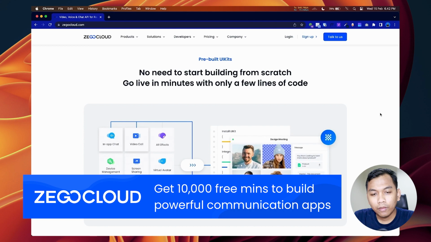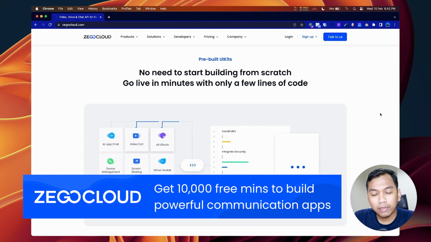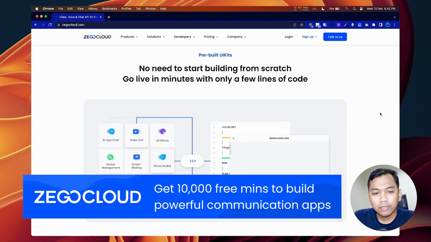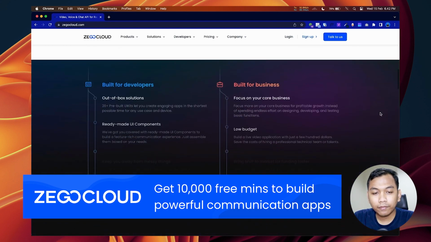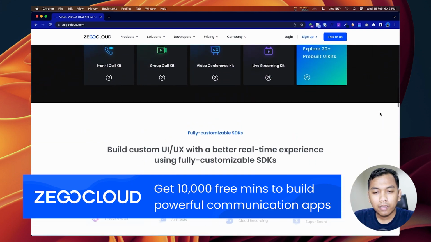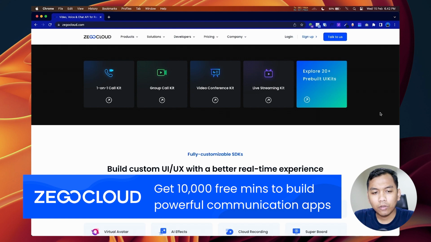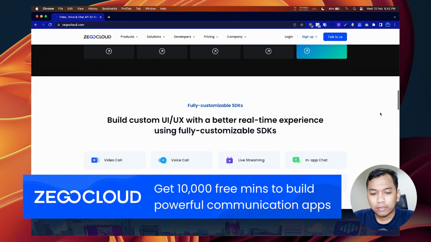Zego Cloud has pre-built UI kits, so we can create an app within minutes. We don't need to start building from scratch. As we can see here, Zego Cloud has one-on-one call, group call kit, video conference kits, live streaming kits, and others.